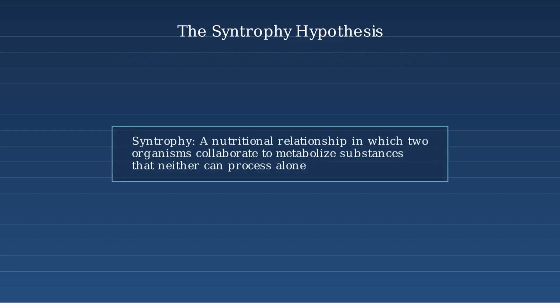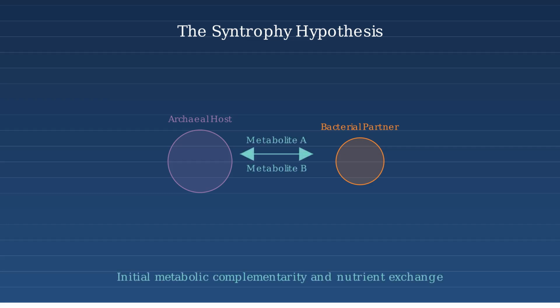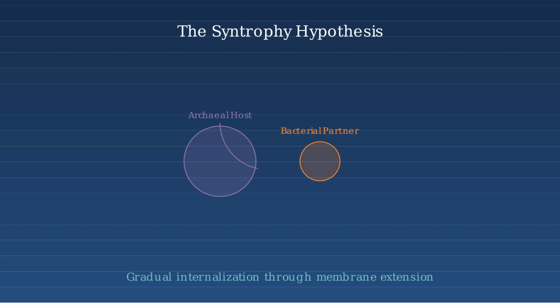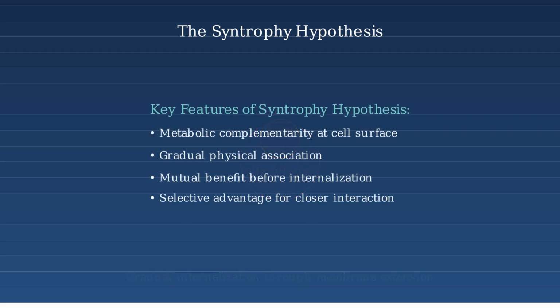Syntrophy describes a nutritional relationship where two organisms collaborate to metabolize substances that neither can process alone. According to this hypothesis, the relationship between the archaeal host and bacterial partner began with metabolic complementarity and nutrient exchange occurring at the cell surface. Unlike the hydrogen hypothesis, which proposes immediate internalization, the syntrophy hypothesis suggests that the relationship was established first, with the physical incorporation happening later. The key features of the syntrophy hypothesis include metabolic complementarity, gradual physical association, and mutual benefits